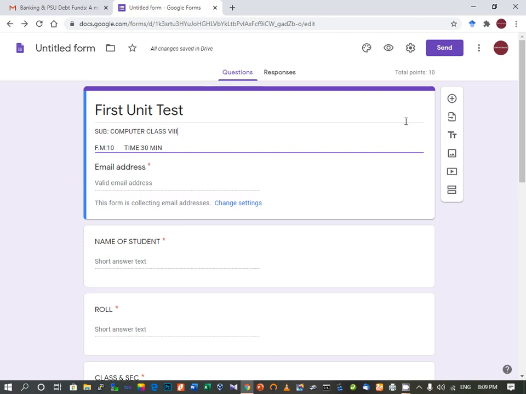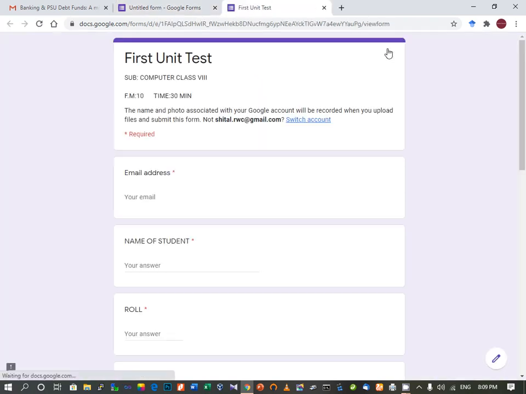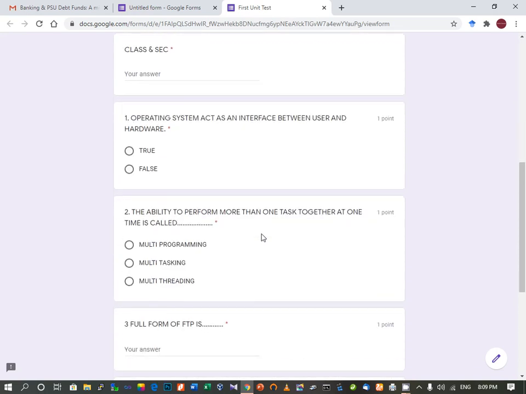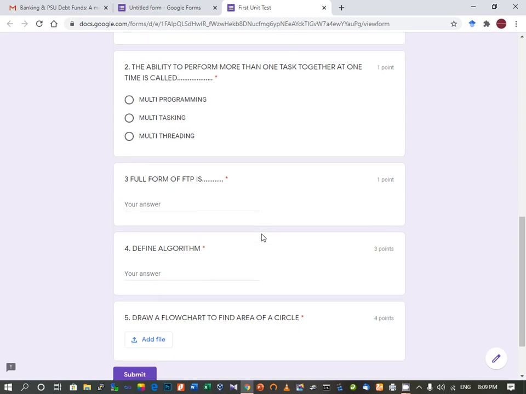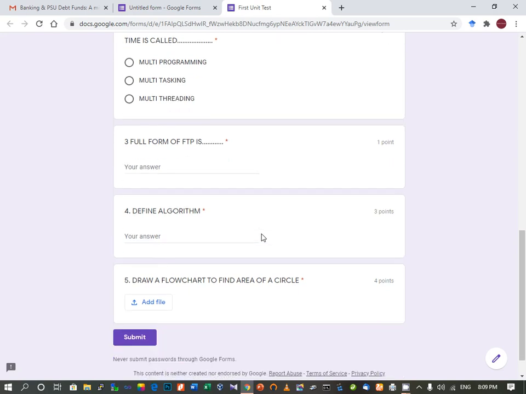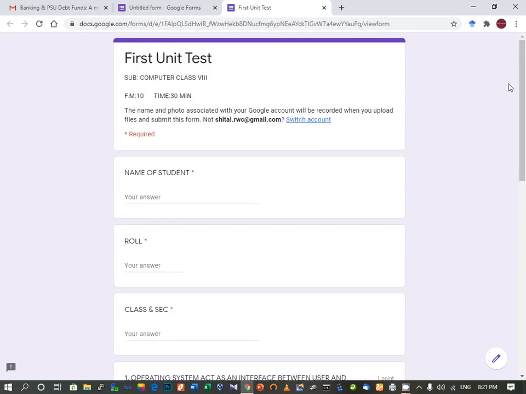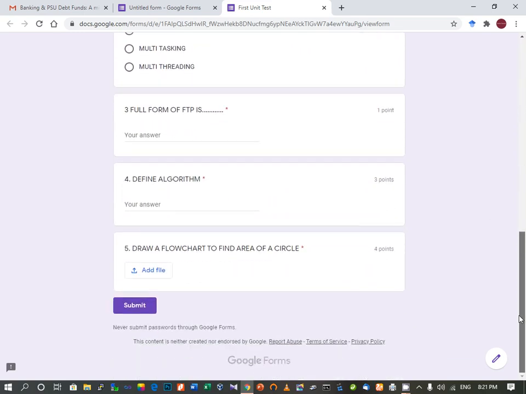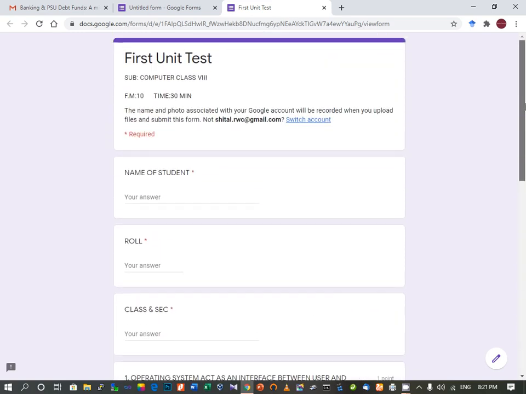Now if you want to preview how your form is going to look, you can preview from here. So here you can see this is the form which we have created just now.